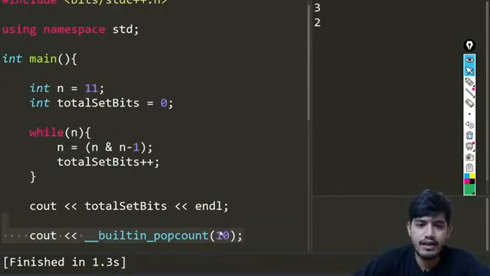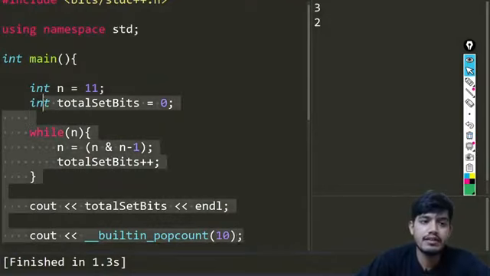Now we are given this number, and we need to tell whether the kth bit from the right is set or not. Okay, I'm just going to be removing this. And suppose we are given this problem, I'll be taking the value as 15.